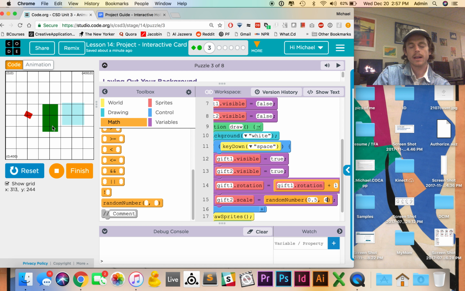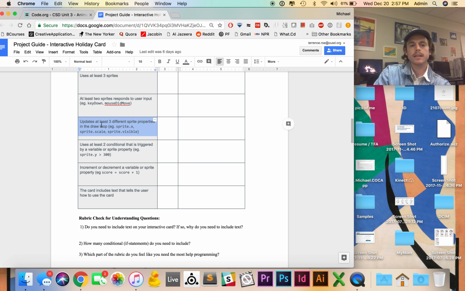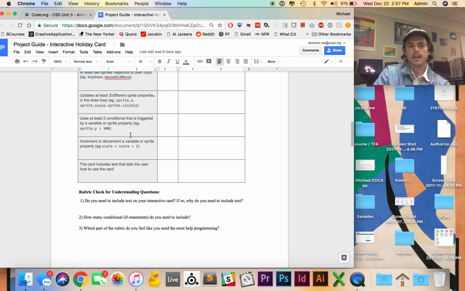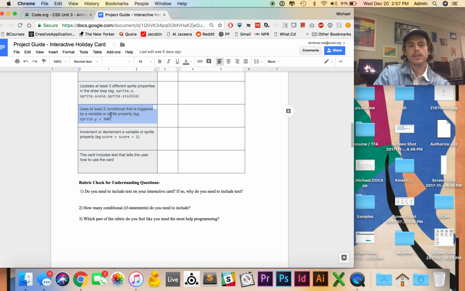So I hold the spacebar down, and we can see that it's getting bigger and smaller, and this one is rotating. Great. So this is how you update a sprite's properties inside the draw loop. You can imagine that we did a third sprite property, but in the interest of time, I'm only going to do 2. And now we're on to using at least 2 conditionals